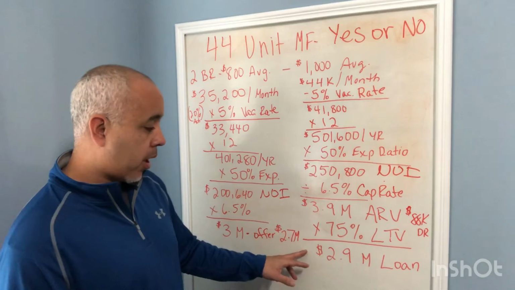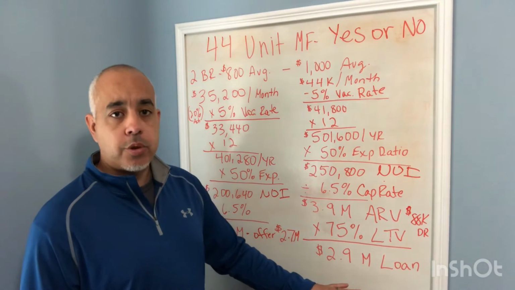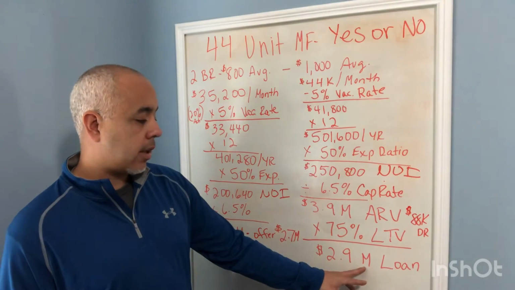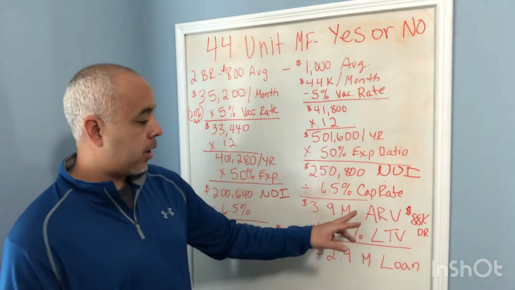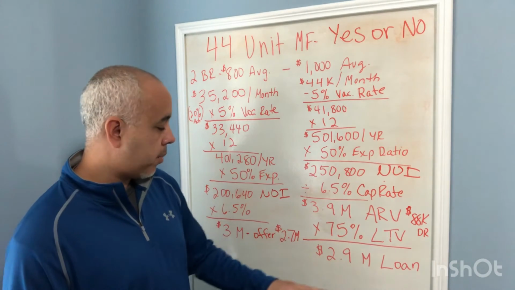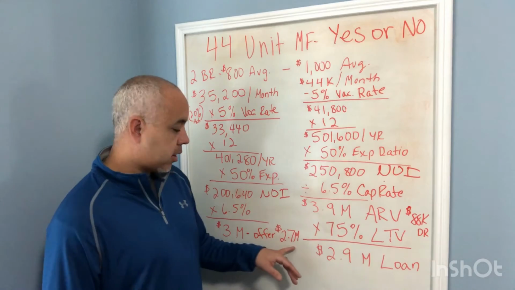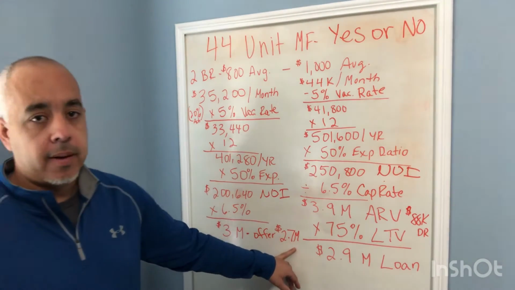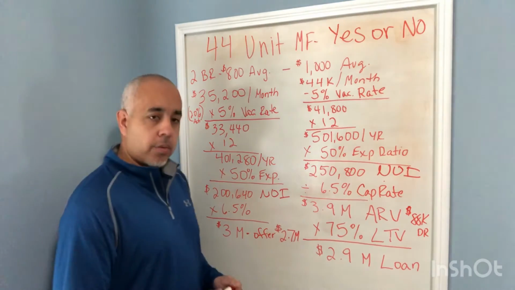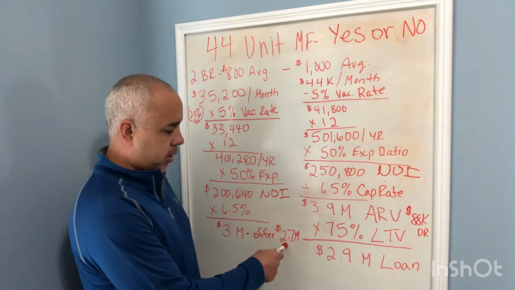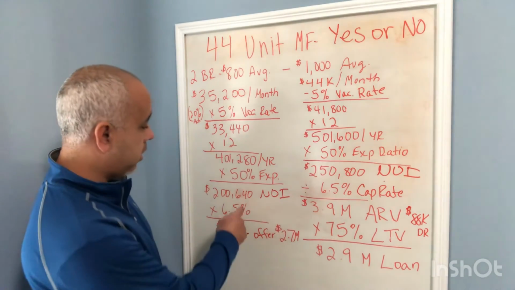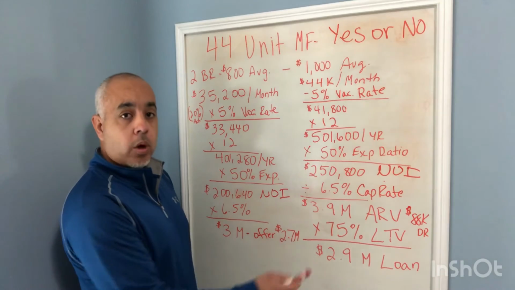So our offer price is always going to be $200,000 or $300,000 less than the actual LTV, once we know the ARV times the loan to value. $2.9 million. So our offer price on this property was $2.7 million, the most we were going to pay. And you say, well, why would you go $200,000 off? I mean, that's a ton, right? Well, we're talking millions of dollars here. If we make one mistake,